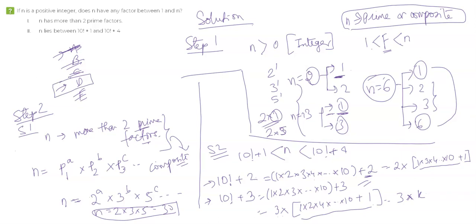So once again, the purpose of this question was to help you learn how to make logical deductions. Sometimes you'll be given a question like this. If you're able to infer logically, then you will be able to understand what exactly you are looking for. Like in this case, we converted this question, which was based on factors, and we summarized it and said, hey, to answer this question, we just need to figure out whether n is prime or composite. Those of you who were not able to make that inference may have ended up ignoring statement 2. Some of you may have been able to solve statement 1 because that was slightly easy, but to answer the question